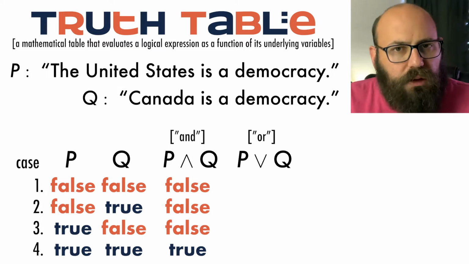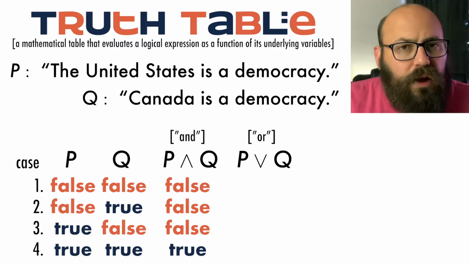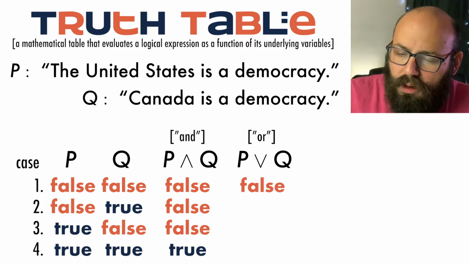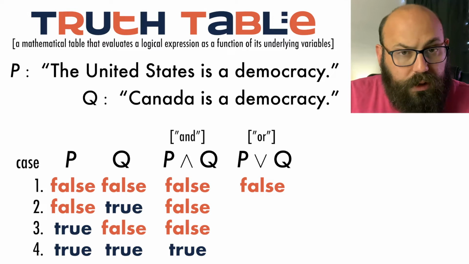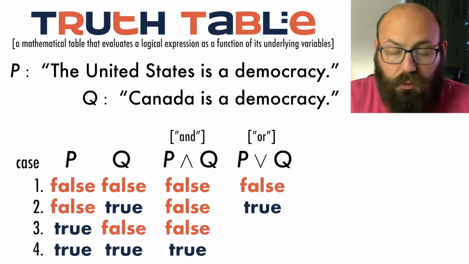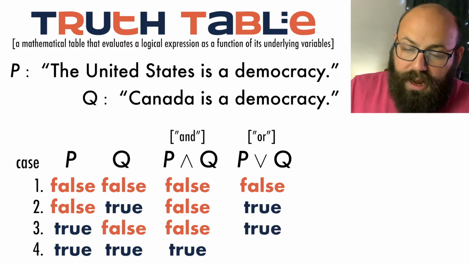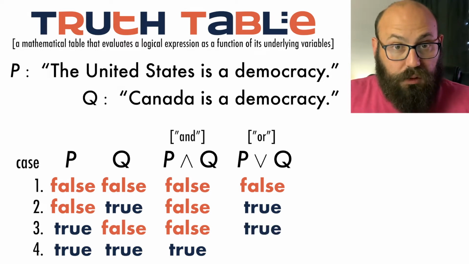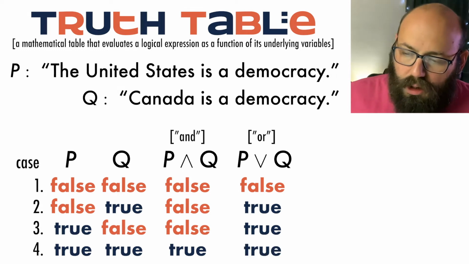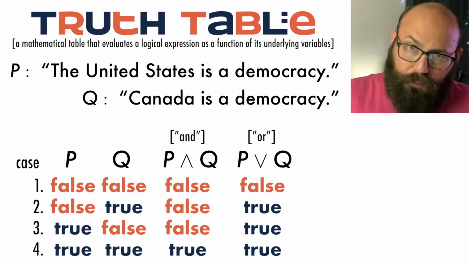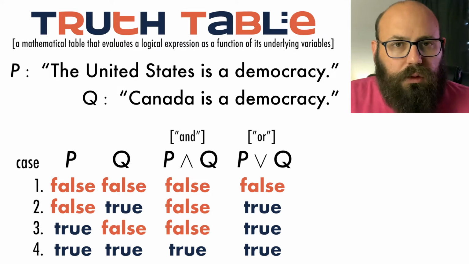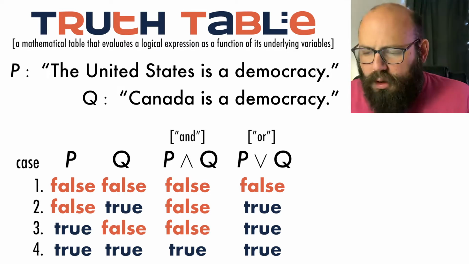So I'm going to define the or operator as follows. In case 1, where both P and Q are false, give me an F. Okay? In case 2, when 1 is true, give me a T. In case 3, where again 1 is true, give me a T. And in case 4, where they're both true, this is the inclusive or part, give me a T. Okay? You could imagine an exclusive or operator, it exists, that would go false, true, true, false, but here we mean or both.